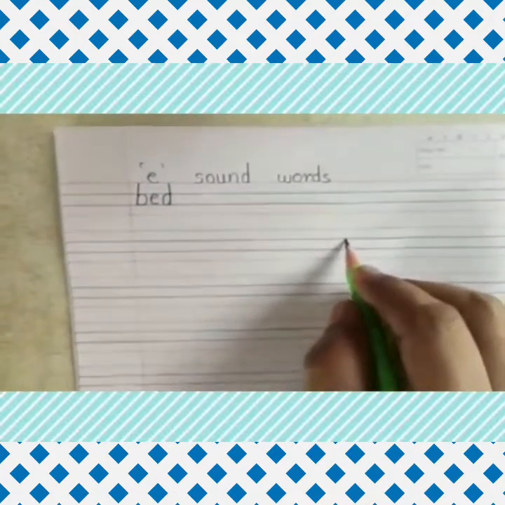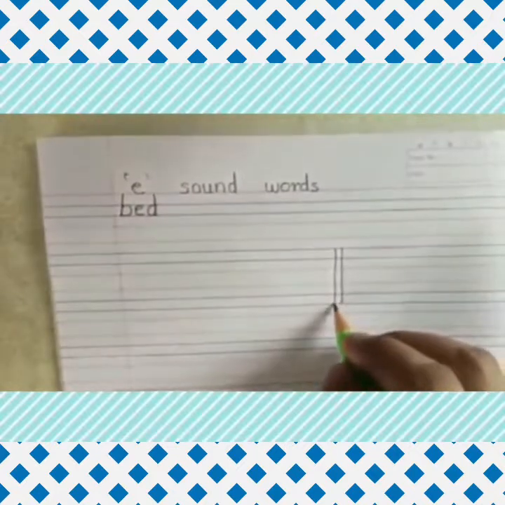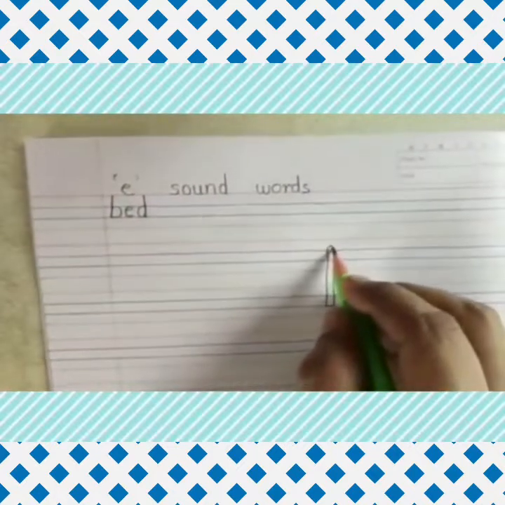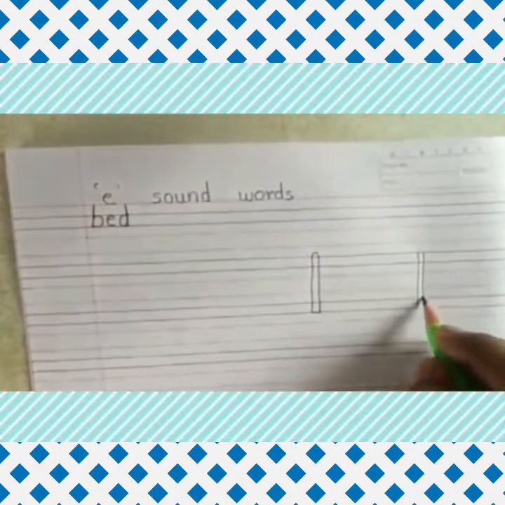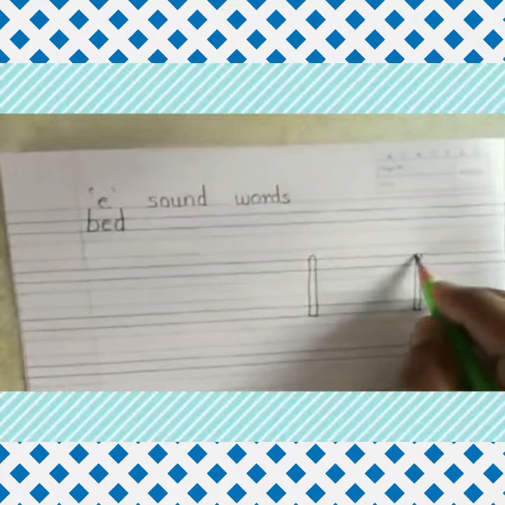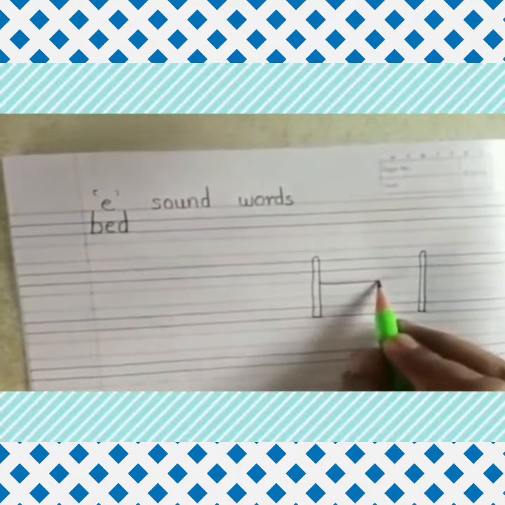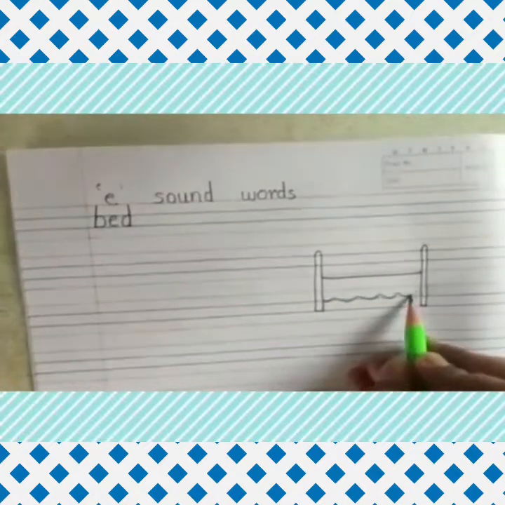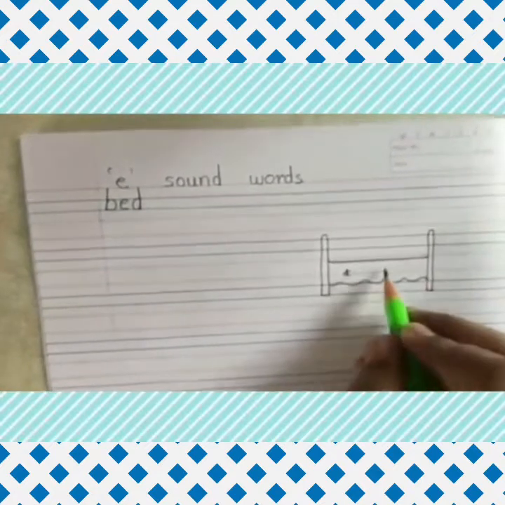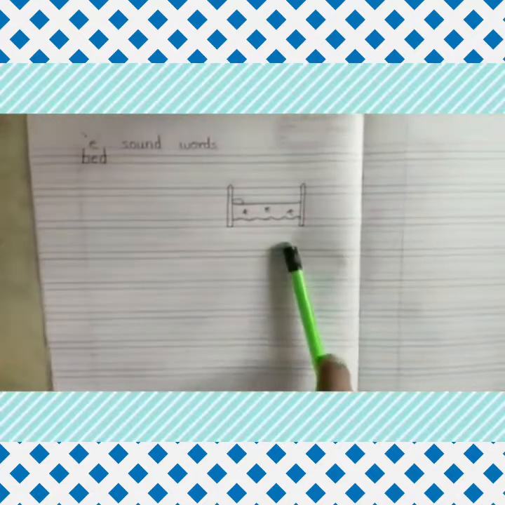How to draw? Make 2 standing lines. Join with sleeping line down. On top make a small curve. Leave some space. Again 2 standing lines. On top leave some space and here you have to draw one sleeping line and here you will draw curves and make designs. And draw one pillow also. This is picture of a bed.